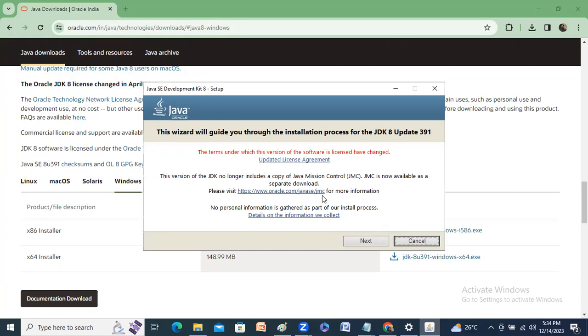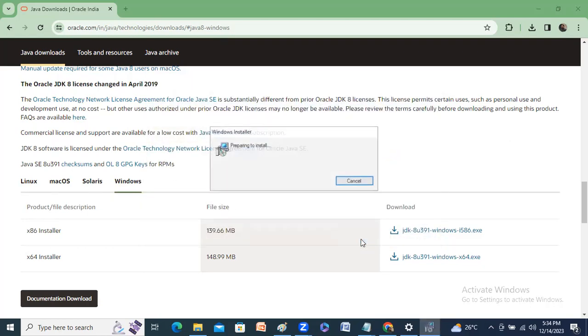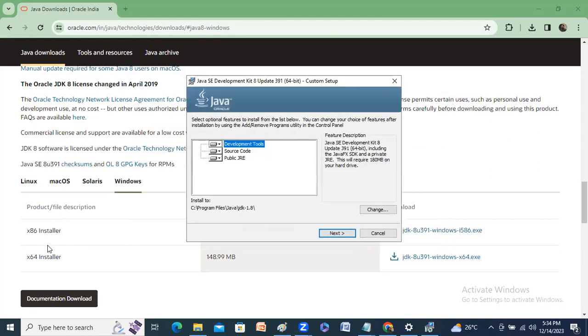Yes, sir. Then you have to click on next. Then automatically it prepares the installation. So must and should you choose 64-bit or 32-bit. It is very necessary before the installation of Java.